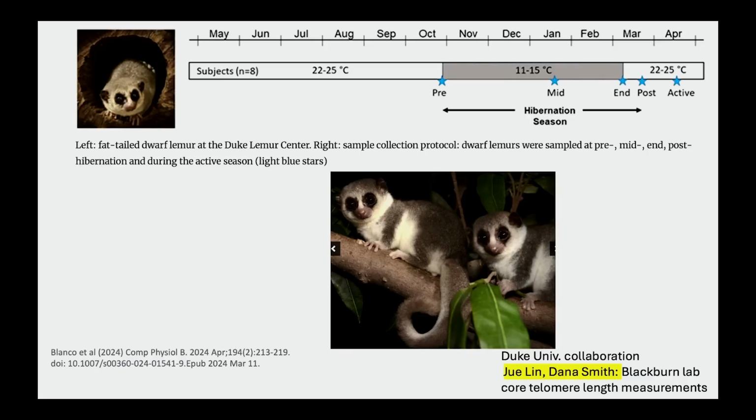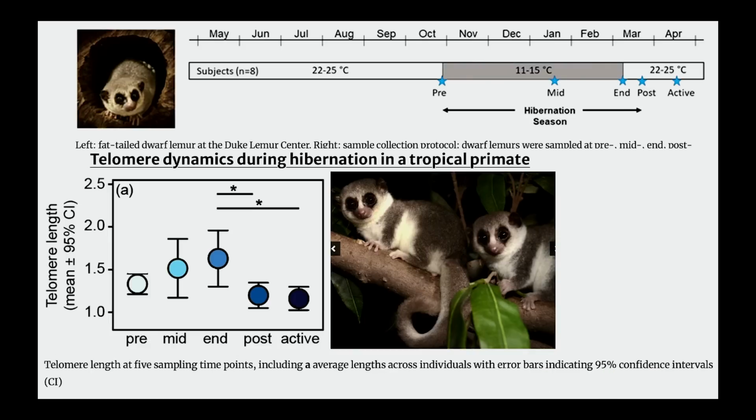And so Duke University has a whole lemur center, and Dana Smith in my lab collaborated with them, and we looked at telomeres in the whole time sequence, the longitudinal sequence of several lemurs, where you looked at the beginning of hibernation, middle of hibernation, as they ended hibernation, and then they come out of this very slow metabolic state with torpor, and they wake up, and the metabolic rate goes up, and so we looked at 2 further time points. And this is what happened to the telomeres. They do really well in hibernation, okay? So that's good news, but they crash back when they come out of hibernation and have this huge metabolic burst.